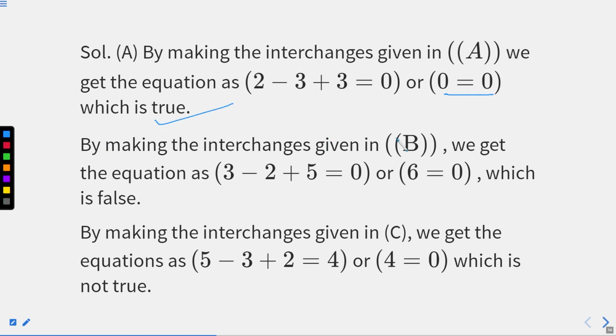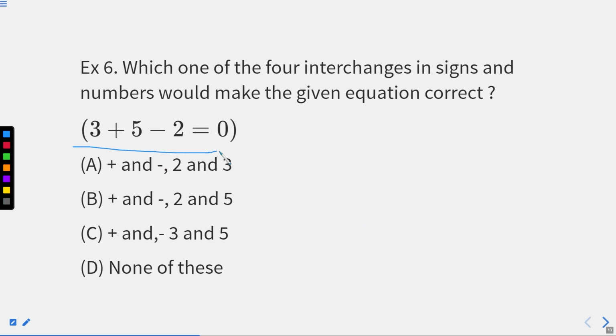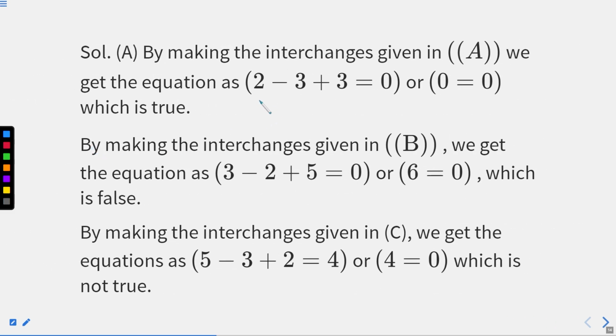By making the change in option number B, what are we getting? We are here re-revising the equations. Remember this thing. This is the re-revised equation as compared to the given equation, right? This is the given equation. Now we'll move to this part. We have already satisfied this part.